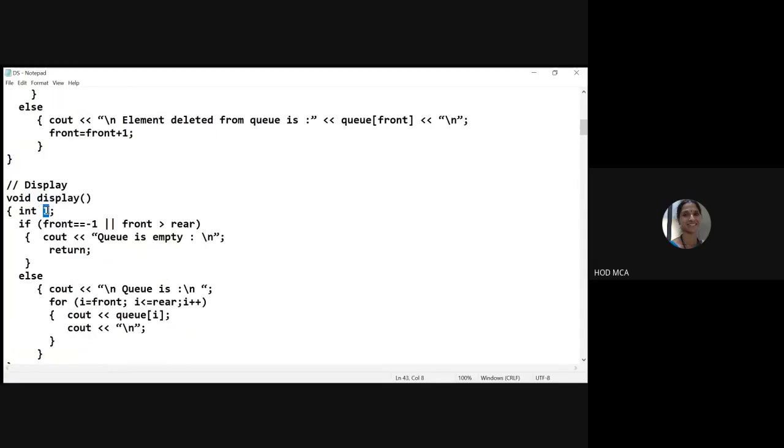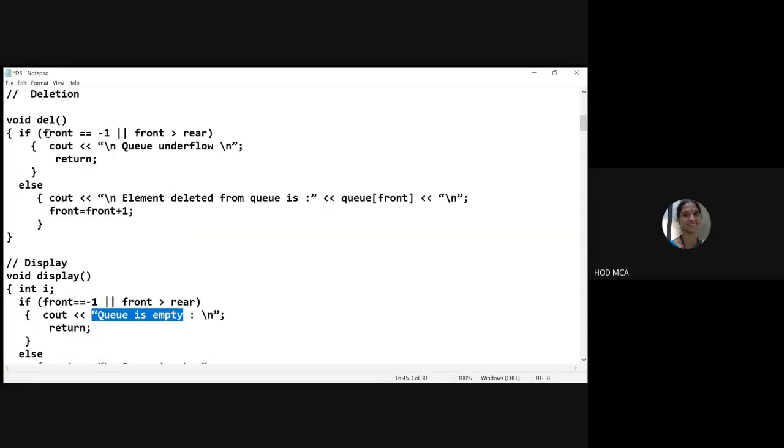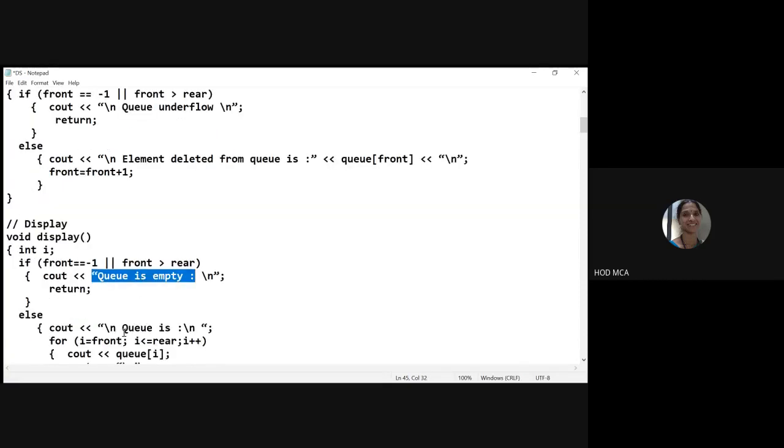Next, we try to display. Void display int I. Again here, if the queue is going to be empty, you cannot display anything at all. How do you check whether queue is empty? Same condition I will follow. If front is equal to -1 or front is greater than rear, then we say that queue is empty. That means you can't display anything.